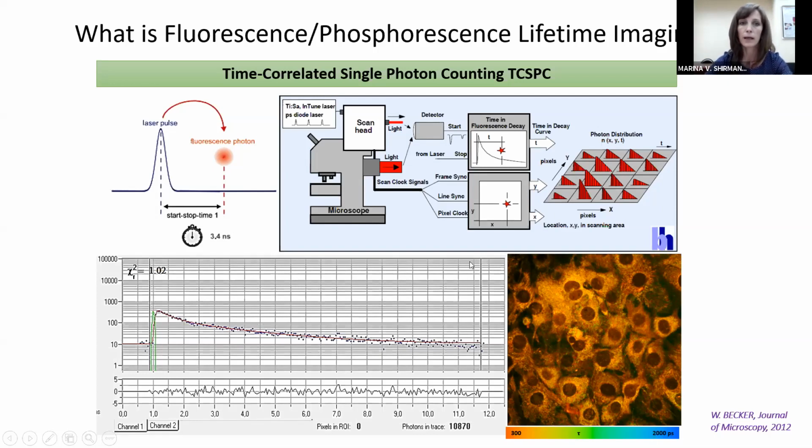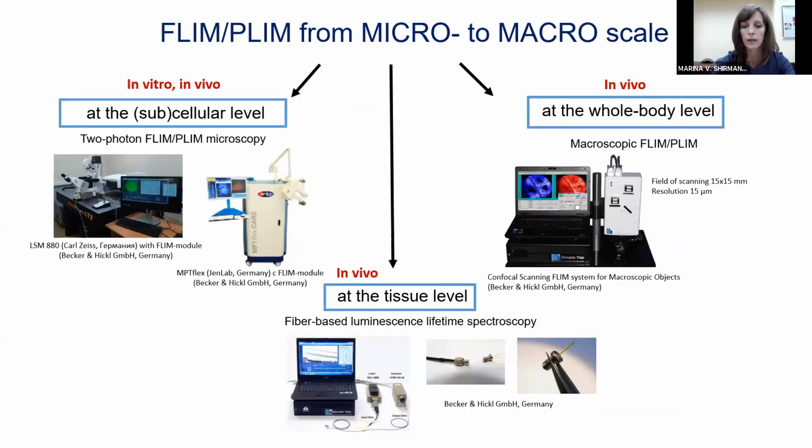If you combine a TCSPC FLIM module with a laser scanning microscope, you will have a microscopic 2D image, like shown here, in which each pixel is color-coded and shows you the fluorescence lifetime. Currently available FLIM-PLIM systems allow you to observe samples from the subcellular level to a whole body level. As I mentioned, with fluorescence microscopy,